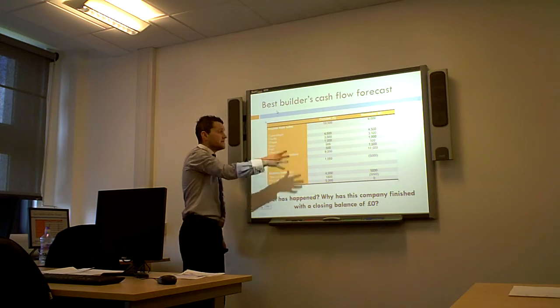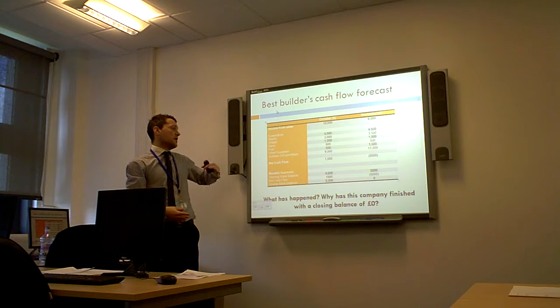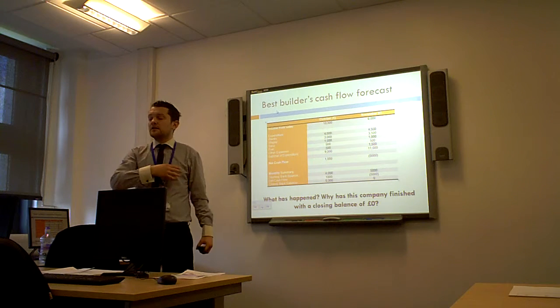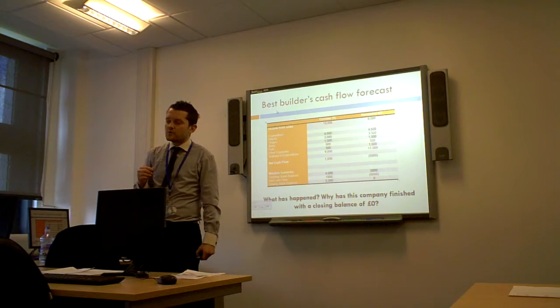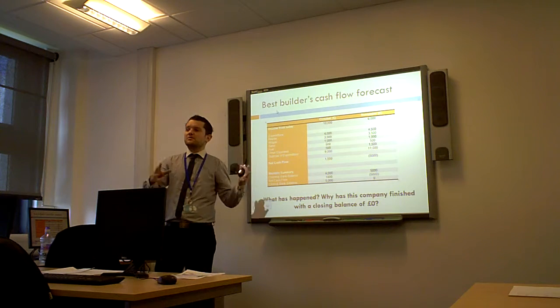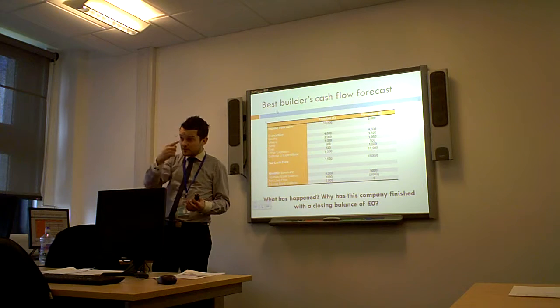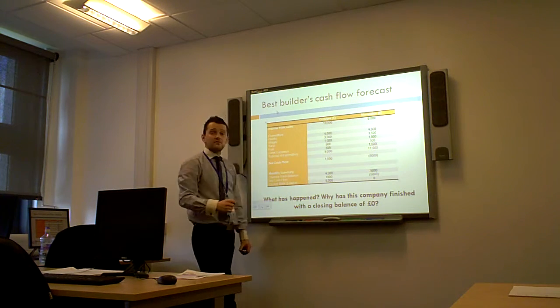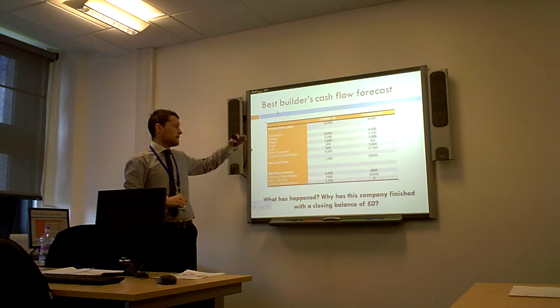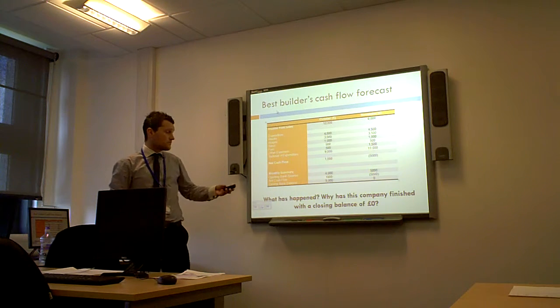And it can be leaving the business in different ways. We've got raw materials, we've got other expenses. It could be loan repayments. It could be dividends to shareholders. It could be a multitude of different things. What we do then is just total it up. So you can see the total there for the expenditure.